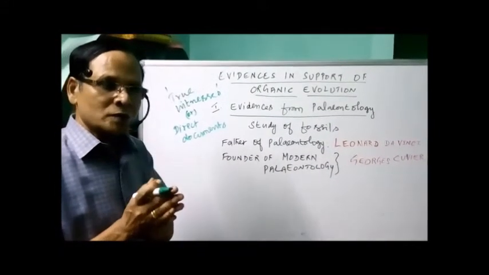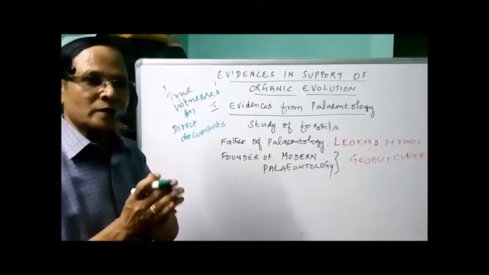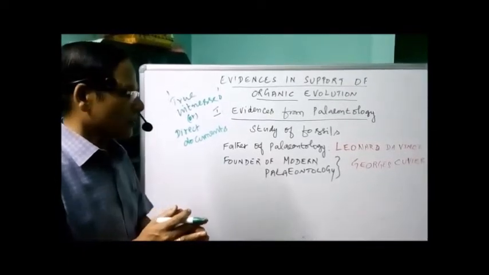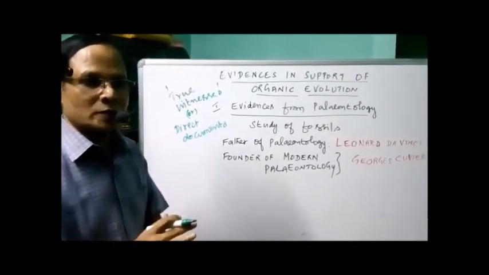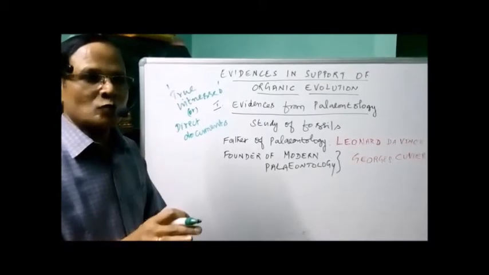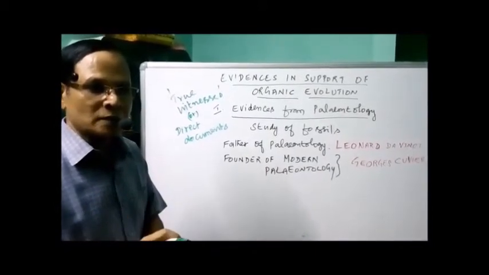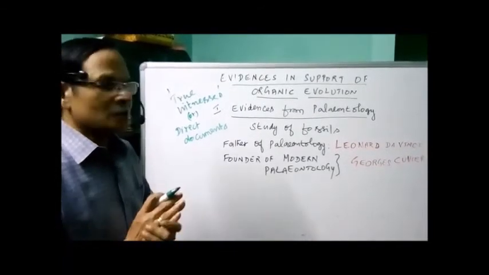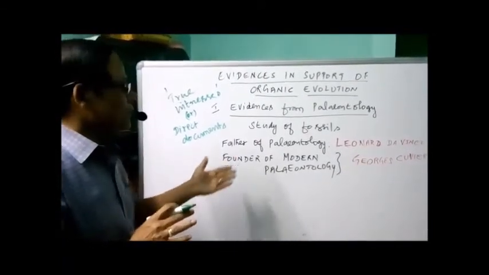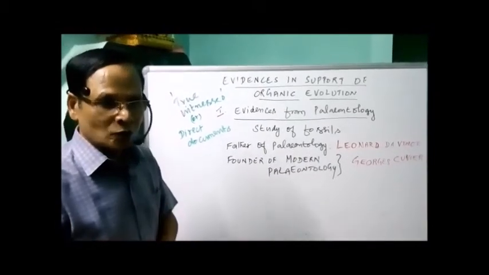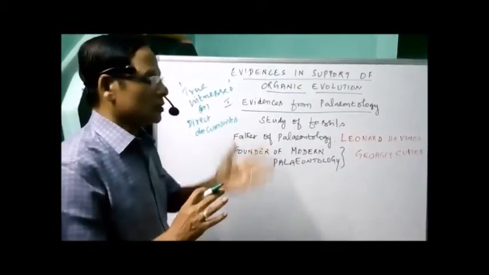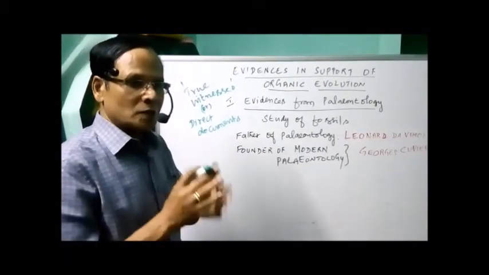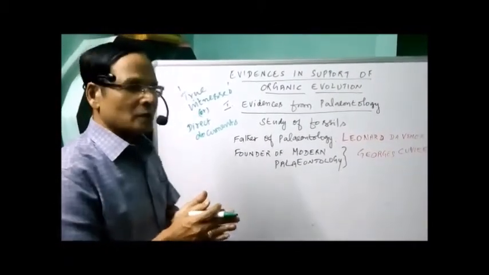Now, more fossils are recovered from marine water. The best place of fossilization is sedimentary rocks in marine water, because marine water contains salt, and the salinity preserves the fossils. So the main place of fossilization is sedimentary rocks in marine water. Now we have different types of fossils. But first I have to define fossilization.